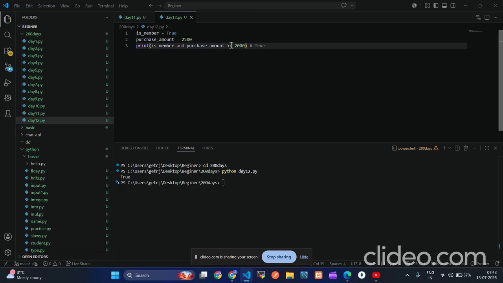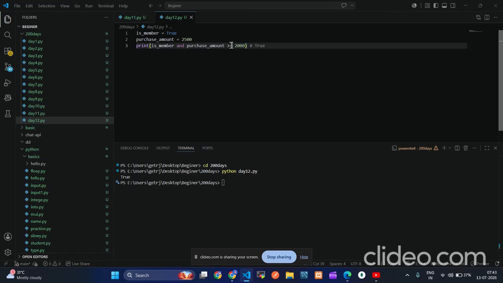Yes, so that's true. The second condition is the purchase amount greater than or equal to 2000. Yes, because 2500 is greater than 2000. Since both conditions are true, Python returns True.